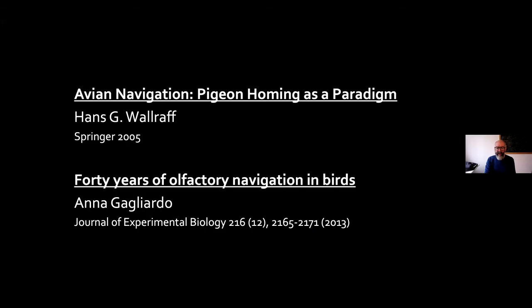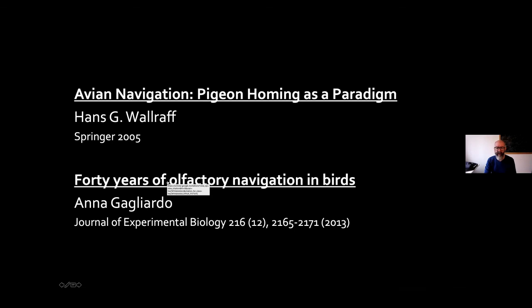So I'm done with the second part, just in time. Again, I encourage you to read more about this. This is a very nice book by Hans Wallraff, who has been, together with Papi, one of the main advocates of this olfactory navigation hypothesis. And this is also summarized very well in a shorter read, which is the review by Anna Gagliardo. Before we move to the questions, very quickly,